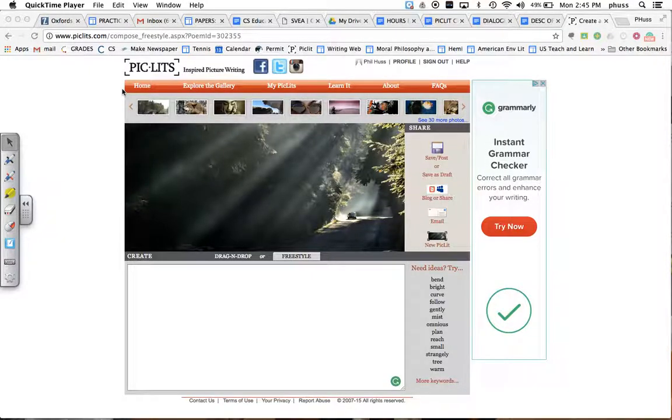Welcome to a video tutorial on how to write a description of place or object on Picklets.com. This is a great way to move beyond sentence structure to think about paragraph structure. And so I've gone around and I've selected this photo, which captured a car driving through this really thick temperate